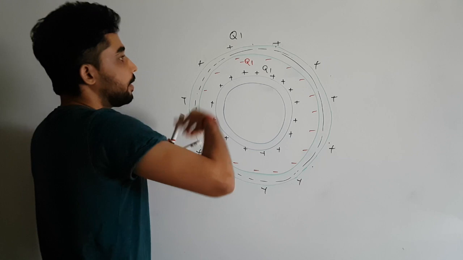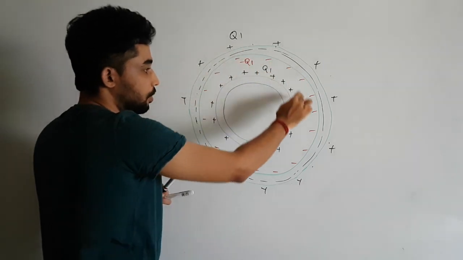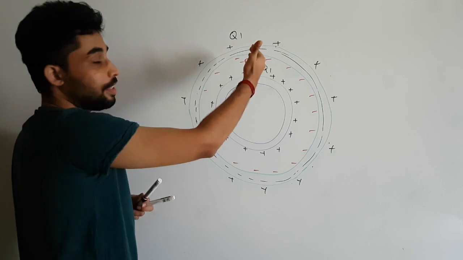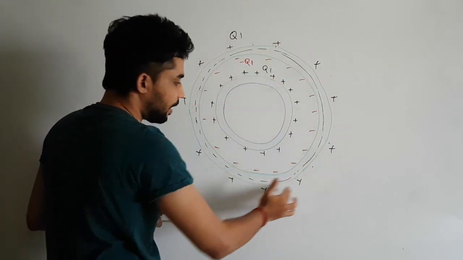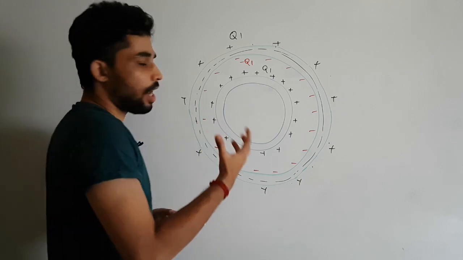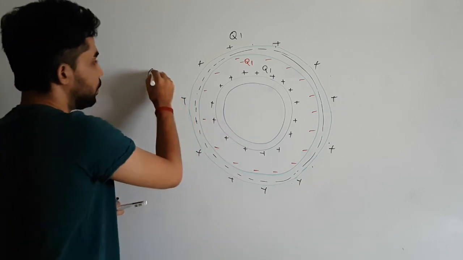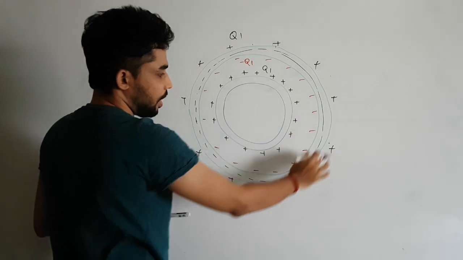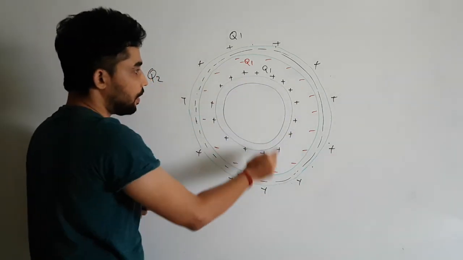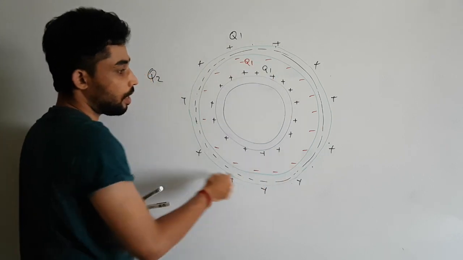Because if there are like 10 electrons which are coming and getting induced on the inner surface, it will leave behind 10 positively charged atoms, so that will get collected on the outer surface. And also, now what about that charge q2 which is given to this second shell? Does this charge go in on the inner surface, or does it just get collected on the outer surface?